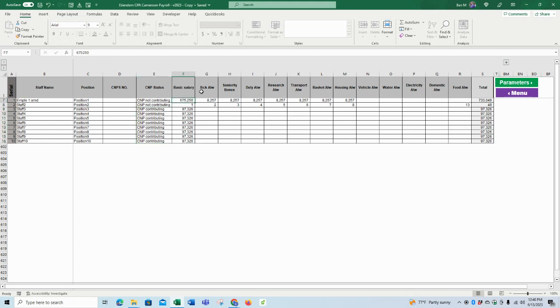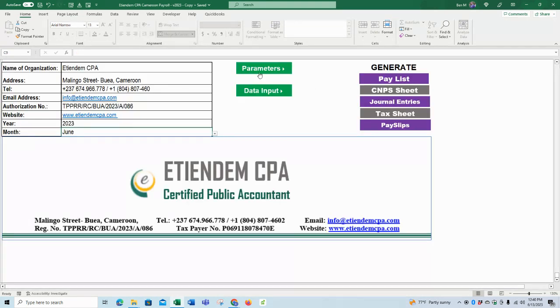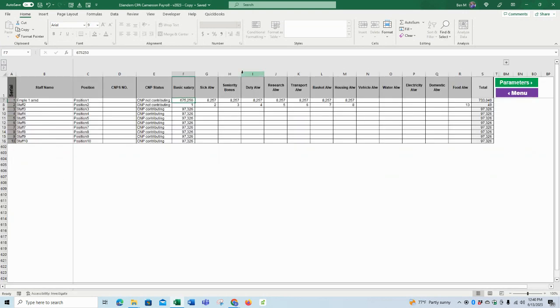Type in the amount. Whatever you update here is automatically reflected here. For instance, the sick allowance that we updated shows here. So type in the kind of earnings that you pay for each employee. If an employee does not receive that particular type of earnings, you can either put zero or leave it blank. So once you have this updated to reflect your organization, the next step is to go back to the